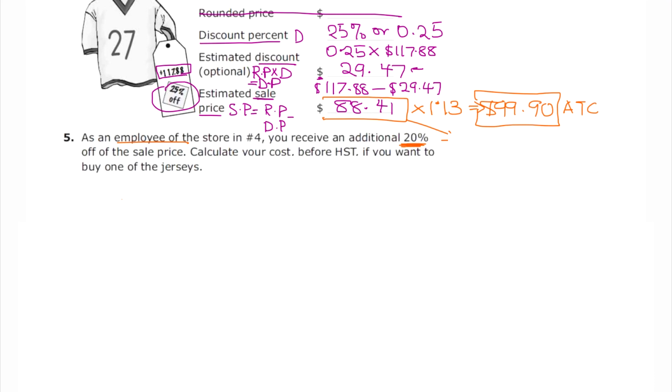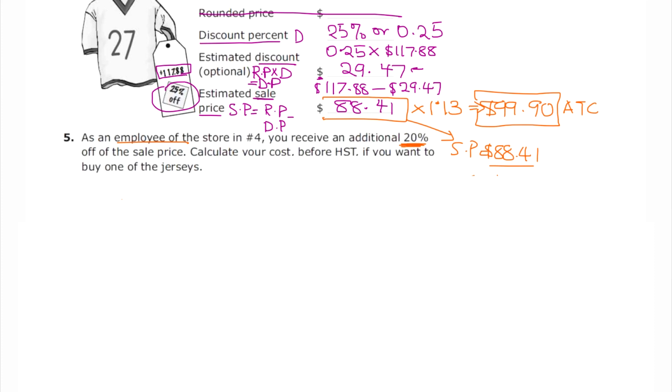So if before HST the sale price is $88.41, it means that we'll have to apply 20%, because there'll be an additional 20% of the sale price, which means that first we have to determine what DP is,